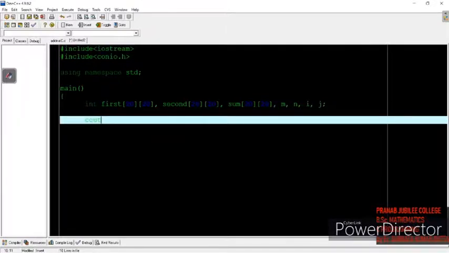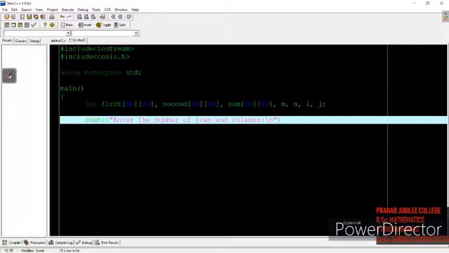Next we will take input from the user about the number of rows and columns. So I say cout, enter the number of rows and columns.